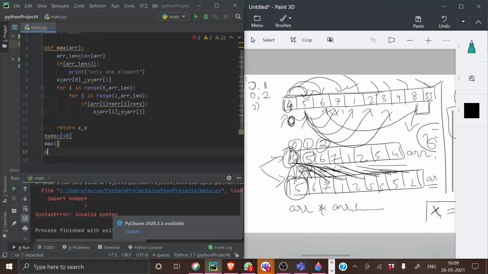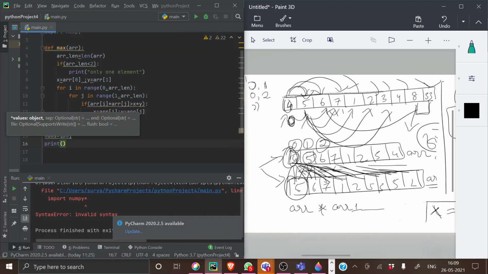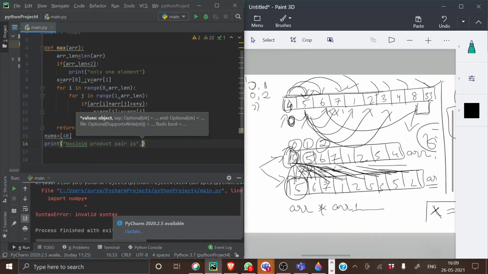Oh, sorry, I made a mistake. So what I should print is, I should print maximum product, maximum product pairs, and then I have to give a comma, and now I have to give max nums.